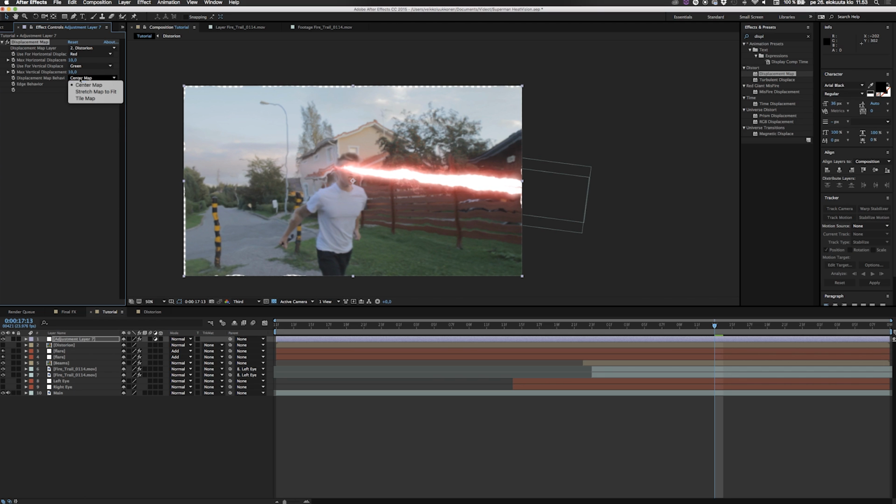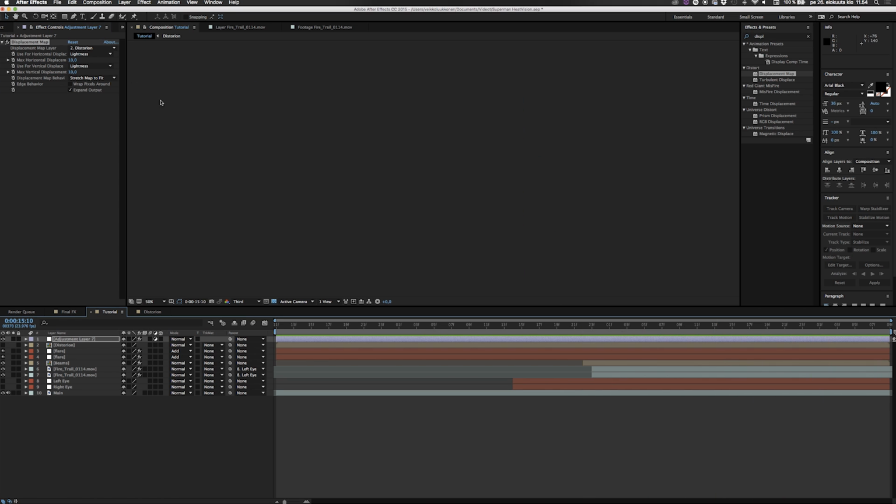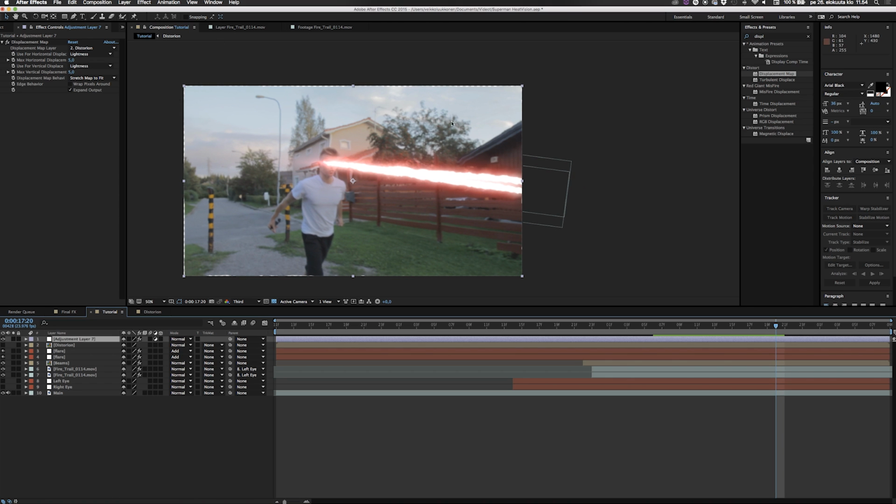Then we can go ahead and try stretch map to fit and wrap pixels around. Okay, it doesn't work like this at the moment, but because we're working with black and white, we switch over to lightness on both of the layers. So it just looks at the distortion a lot more. So let's go ahead and type down to 5 pixels again. Let's go back so we can see the clip. And it distorts the whole comp, and you can see the white edges, but we actually just need it for